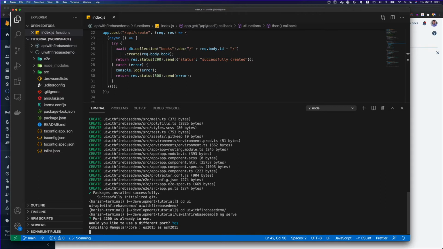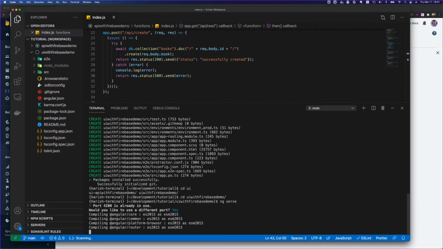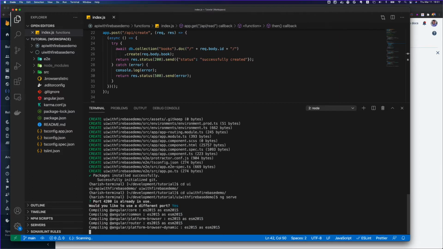It's going to use some other port to run it, and since it is the first time we are running, it's going to compile all the libraries and create a bundle. Let's wait for it to finish. Here it's generating the browser application bundle, and once it is ready we will be able to check it.